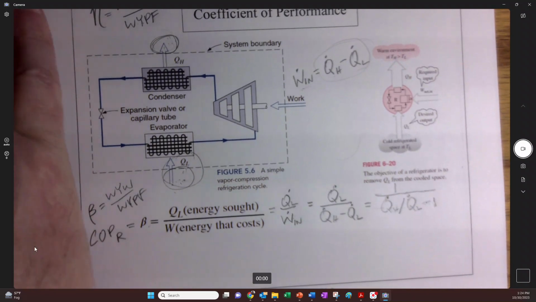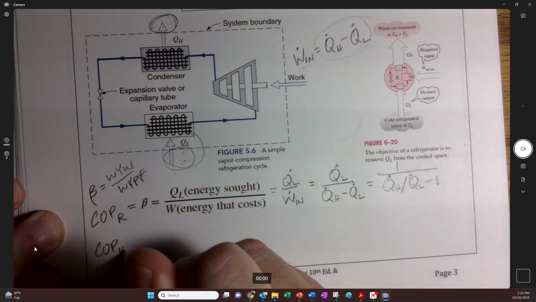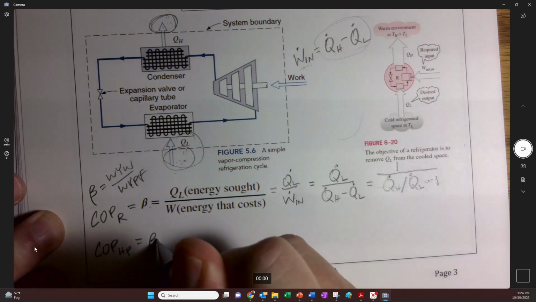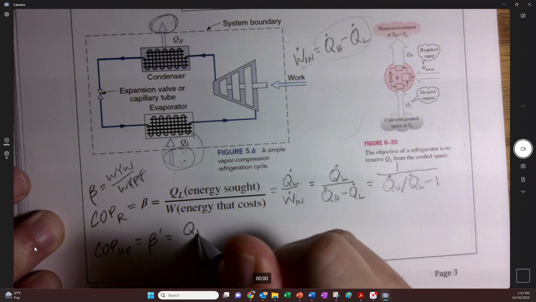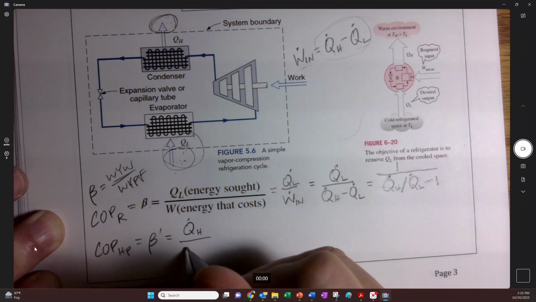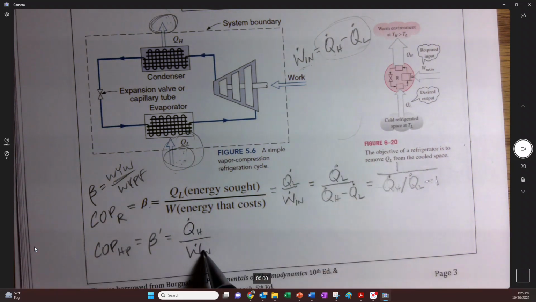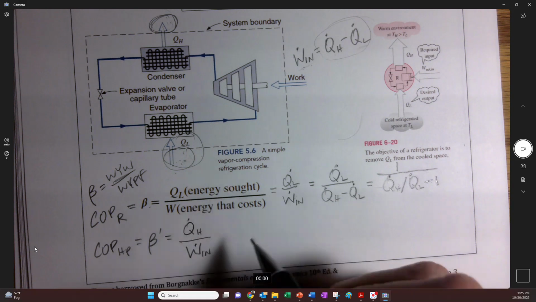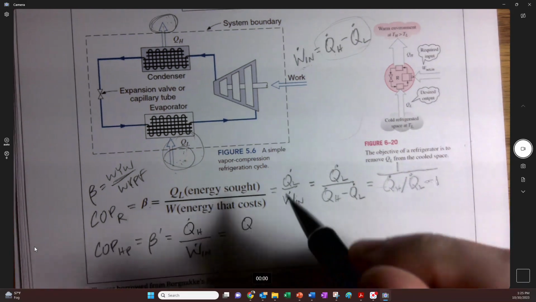What they have is a coefficient of performance, and we'll go HP, and in our book we go beta prime, and that's going to be QH, what you want, over what you paid for, is also here. So this is usually done with electricity or whatever, because you usually have a motor and it's being run, so you're paying for that, but you want to move some heat. And so a similar level of what we just had here a second ago,